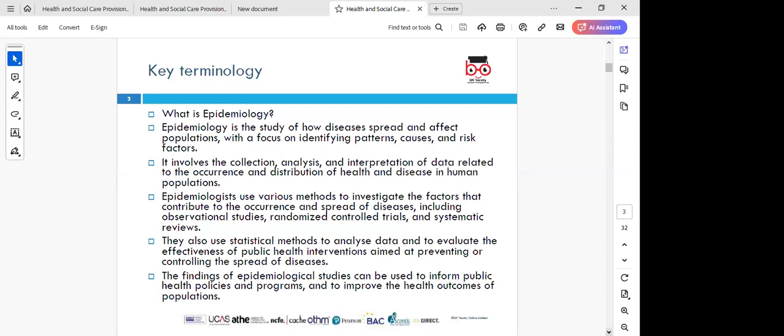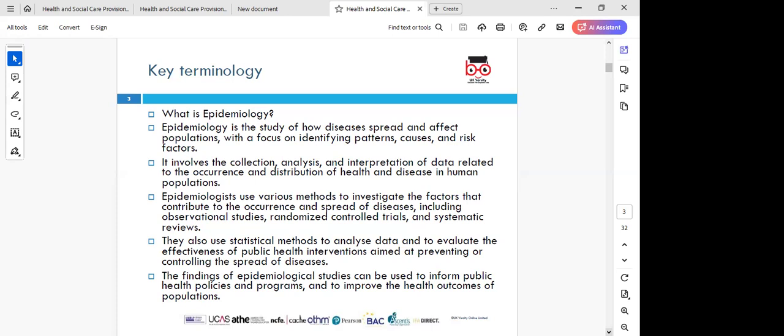Epidemiology is the study of how diseases spread and affect populations. We focus on identifying patterns, causes, and the risk factors. It involves the collection, analysis, and interpretation of data related to the occurrence and distribution of health and disease in human populations. Epidemiologists